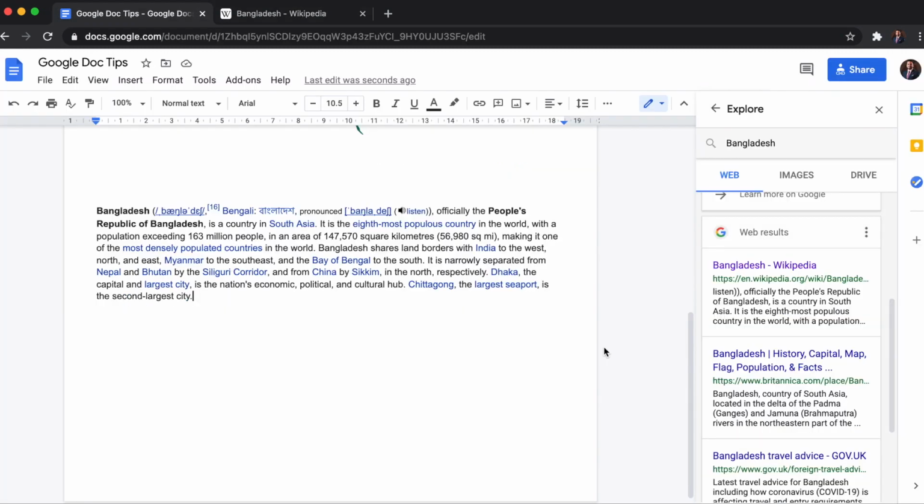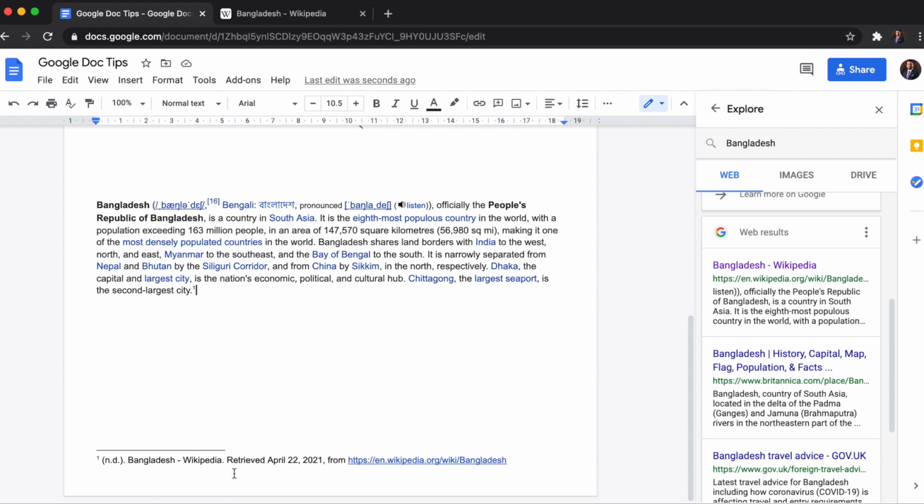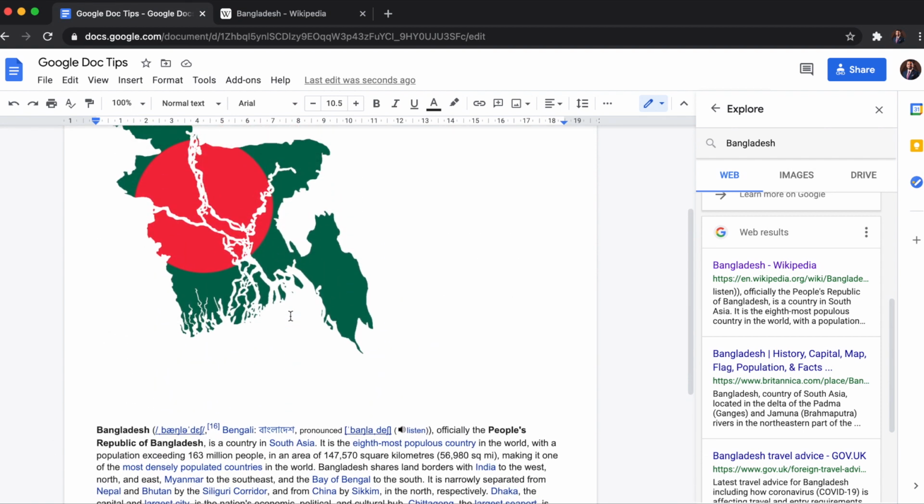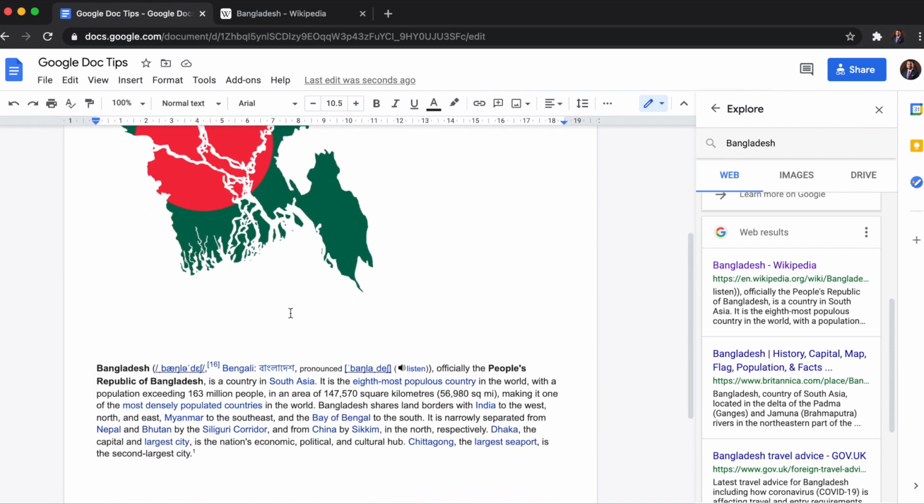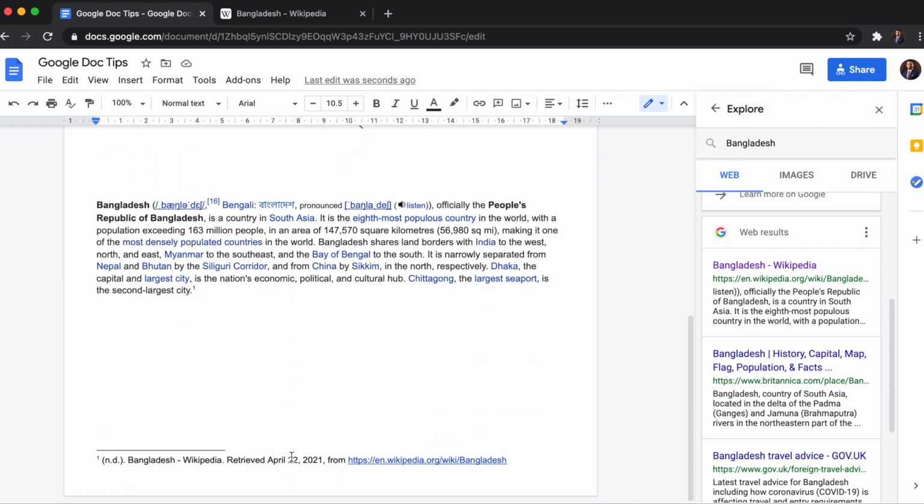However, once you are done copy-pasting the information in your document, here comes the magic. You can not only automatically add citation from here, you also have the option to choose from MLA, APA, or Chicago format. Once you are done selecting the format, simply click the quote button next to the link, and voila, footnote will be automatically added to your quoted text at the bottom of the document. In a matter of less than a minute, I now have a paragraph, a supporting image, and also proper citation, all from the magical Explore button.